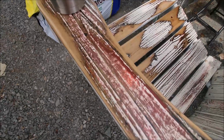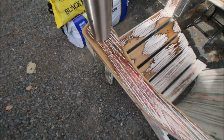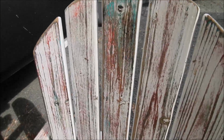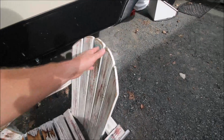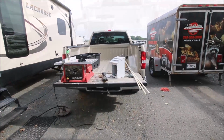And I meant to buy some clear coat this morning and just totally forgot about it. If I don't write it down somewhere, I don't remember anything. But this one's got a bunch of different colors in it, and I sanded those down. This will be similar. It's going up in the tree probably anyway. So